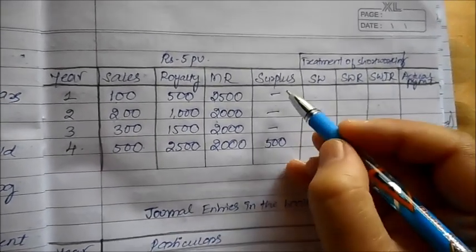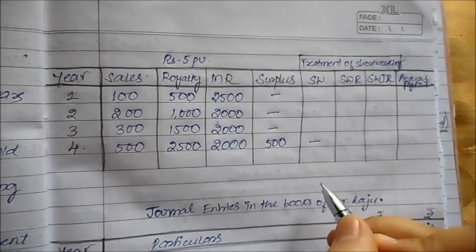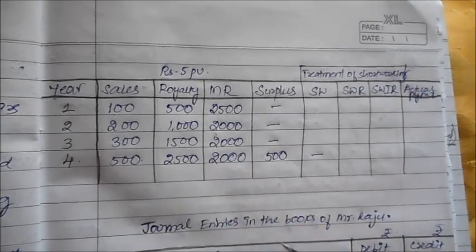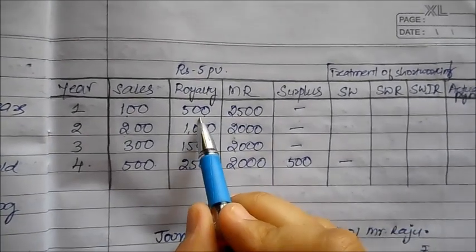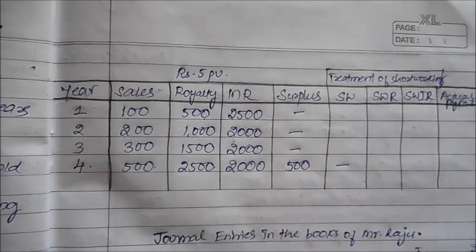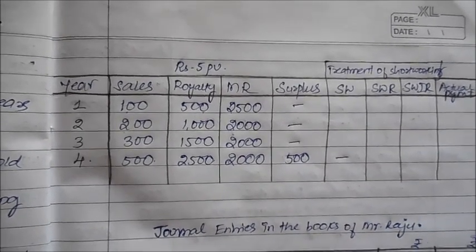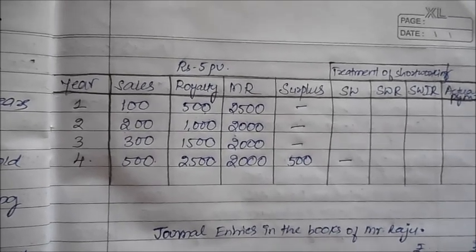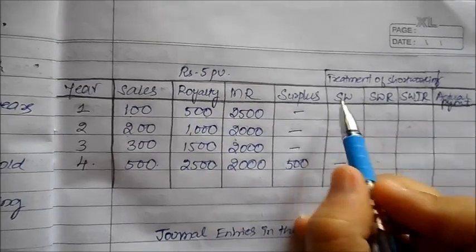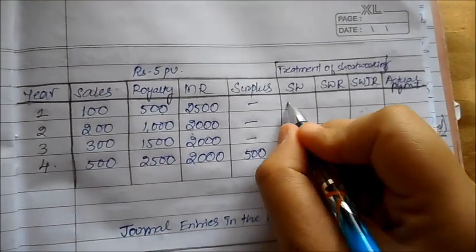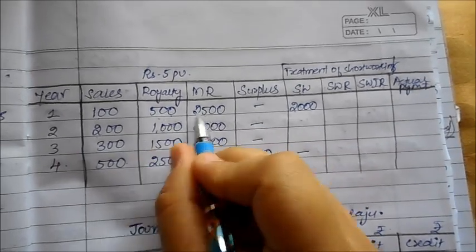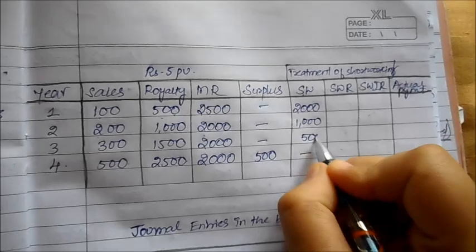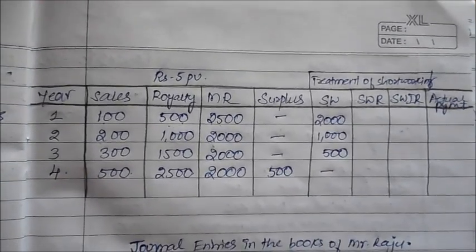Now, if there is no surplus here, obviously there should be short working. Right, short working of how much? Now why do I say short working? Because if I had to pay you, for example, 500 but I paid you 2500, is this not a loss to me? So that amount of extra expense or the loss in royalty, in accounting terms we will call it short working. Clear? So here we will have a short working of 2000, the difference between the two. Here we will have 1000, here we will have 500. This is how exactly the table has to be filled.